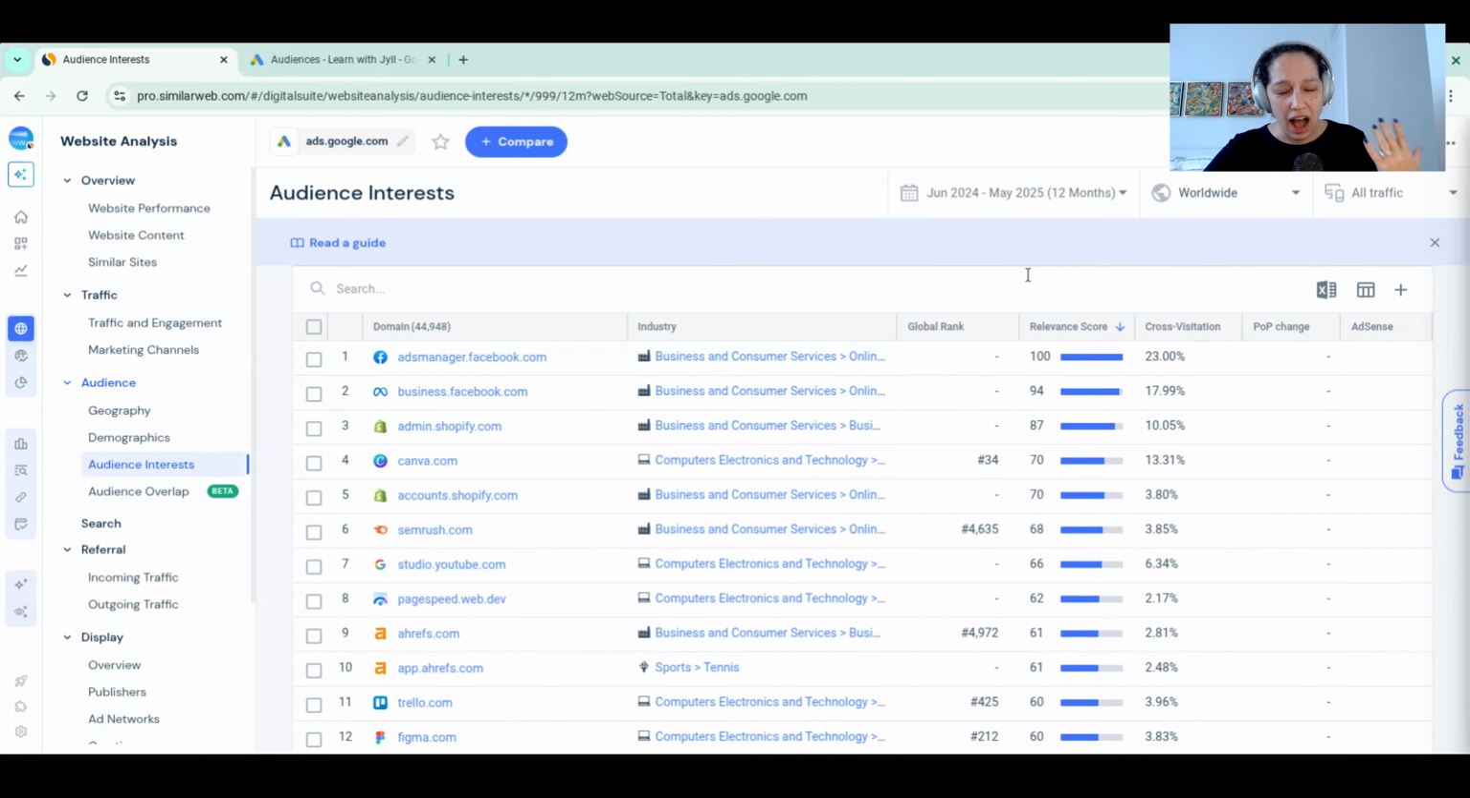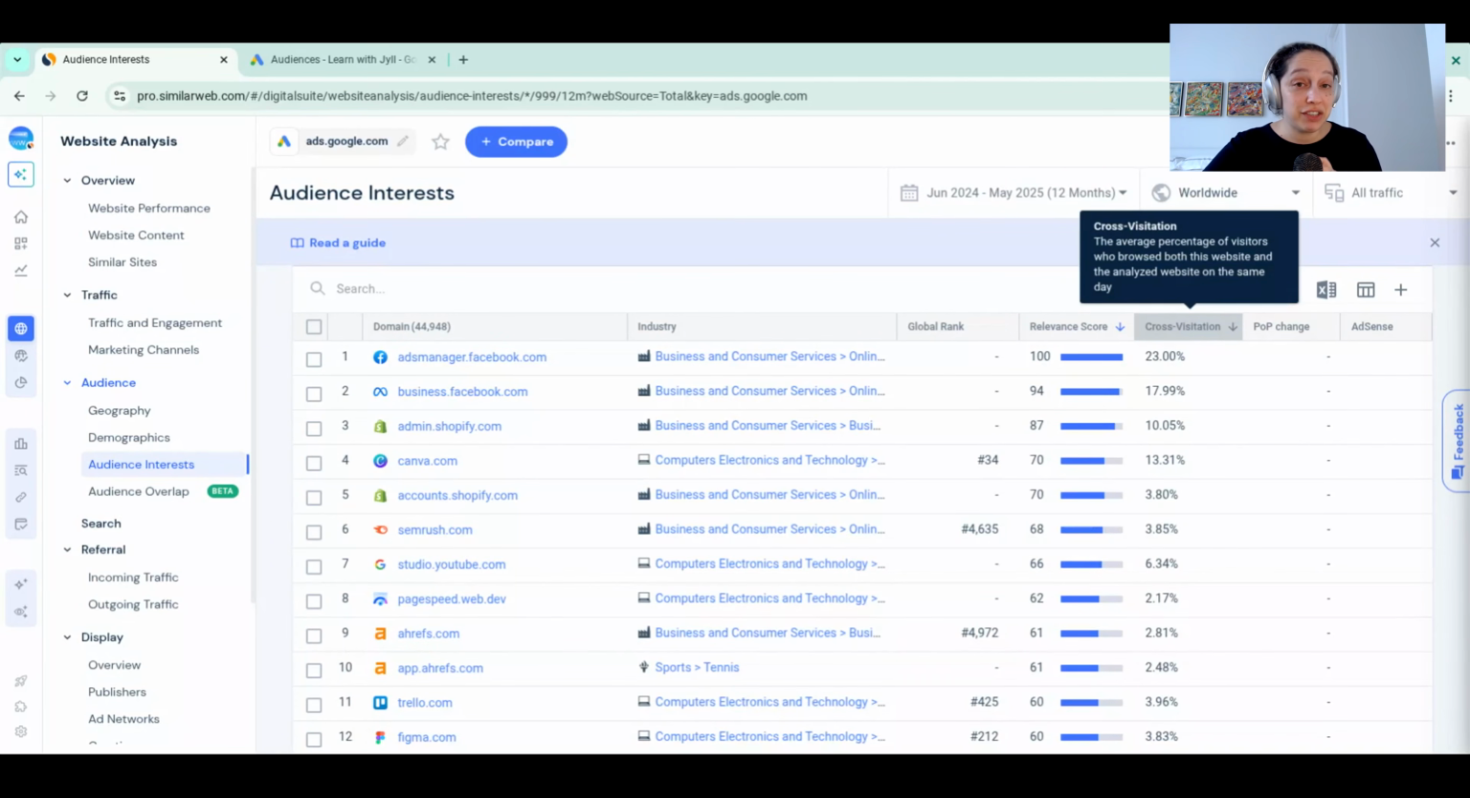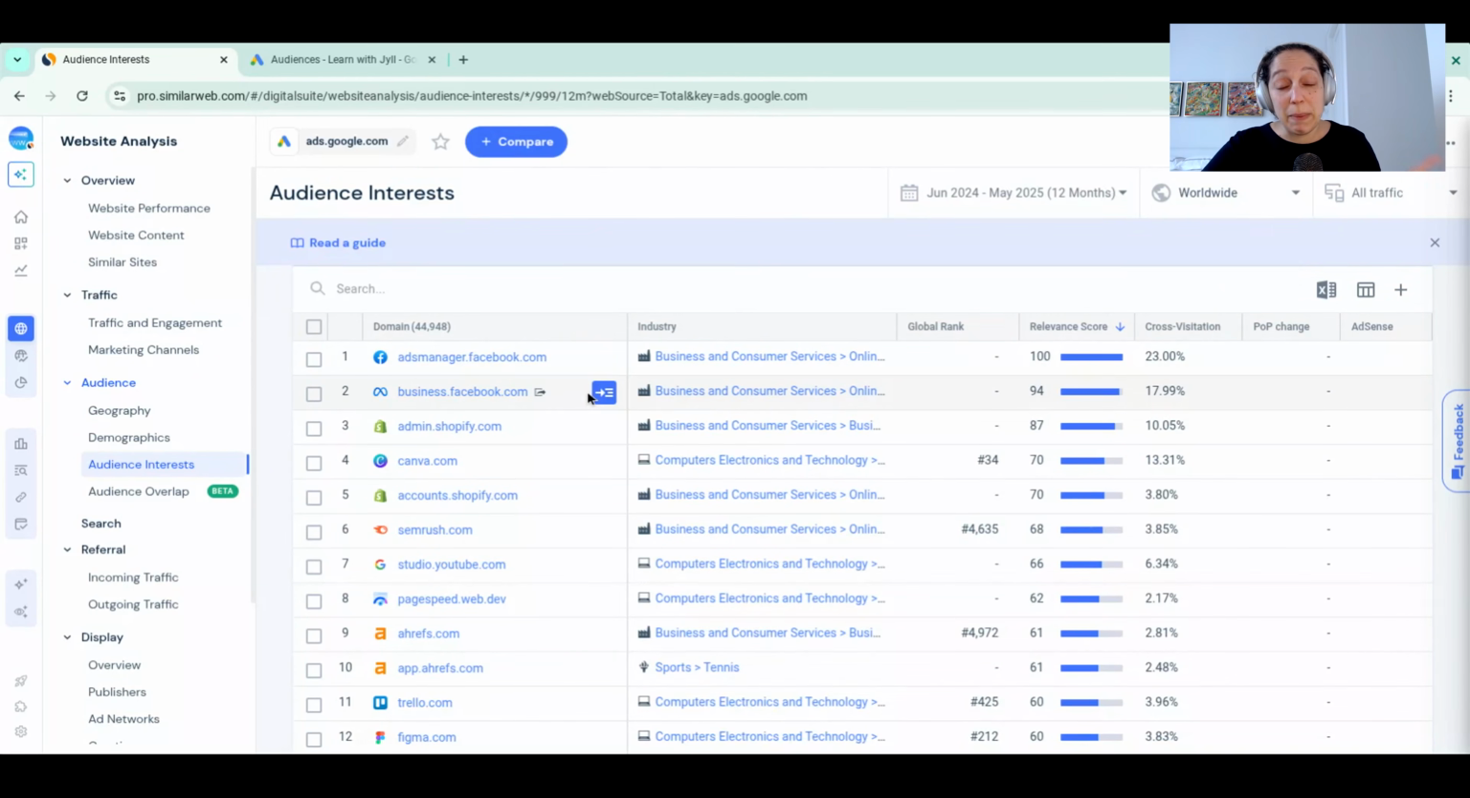But here, I genuinely can't believe we can look at this data. So what is this showing me? Adsmanager.facebook.com. That's the Facebook equivalent of Google Ads. Highly relevant and 23% cross-visitation. That is the average percentage of visitors who browsed both Facebook Ads Manager and Google Ads Manager on the same day. Not surprisingly, we see business.facebook.com, so maybe they're not looking at the Ads Manager, but other business sides of